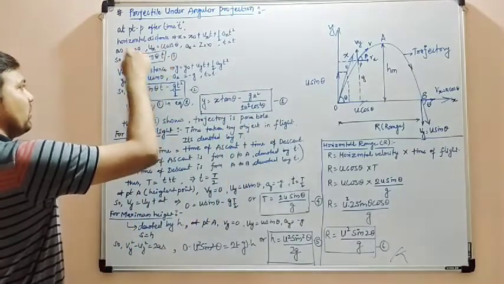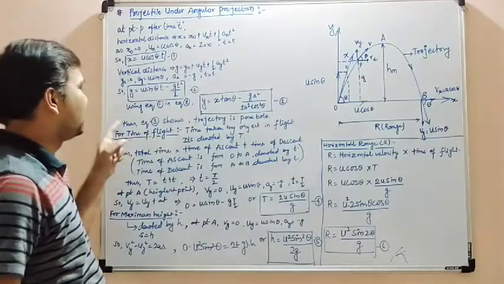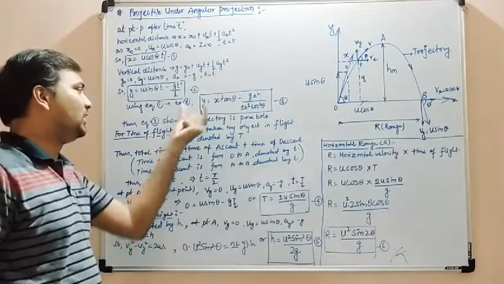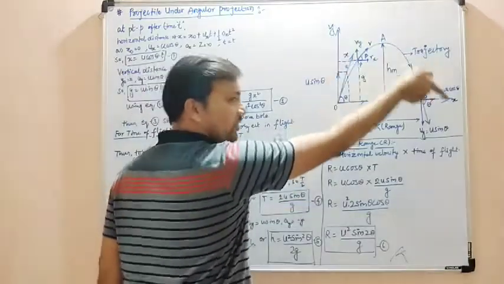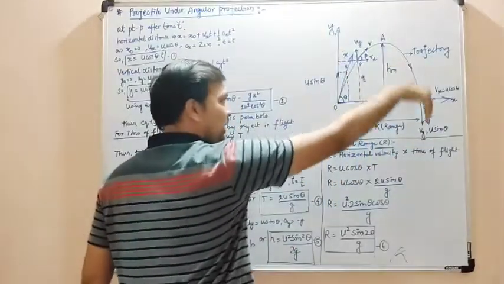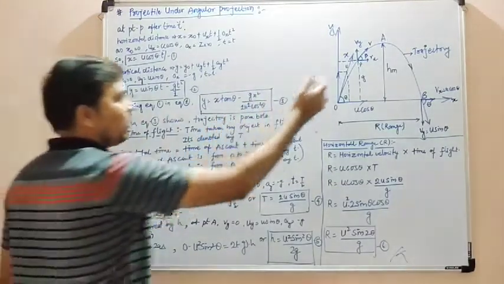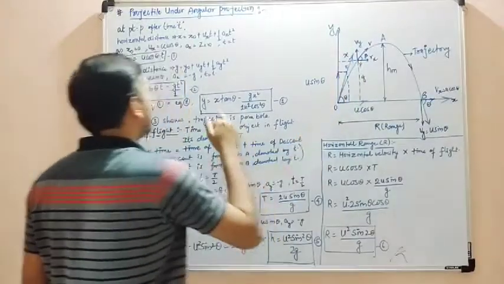This is the final position of P along the x-axis. When these two equations come together, this equation number 3 in which x is also there and y is also there, this equation will show you that the path followed by the projectile is a trajectory, meaning it is a kind of parabolic path. Now we have already come to know that the point P has certain coordinates, and their values are this one.